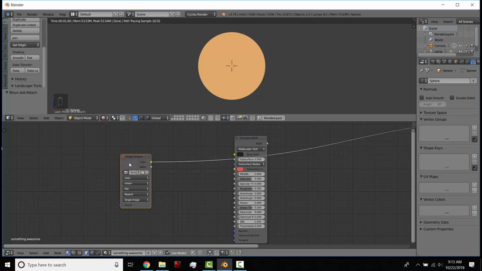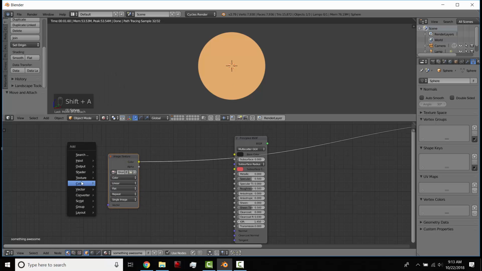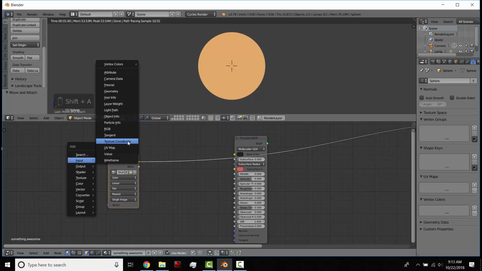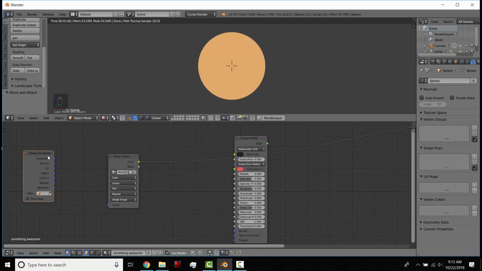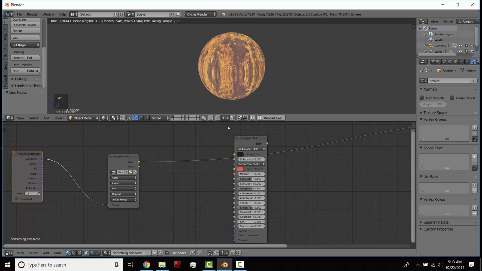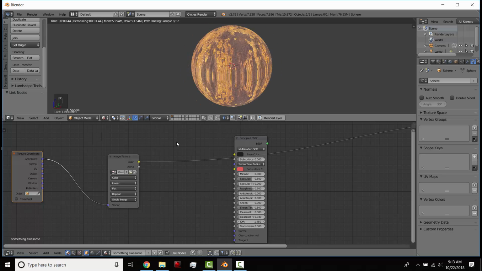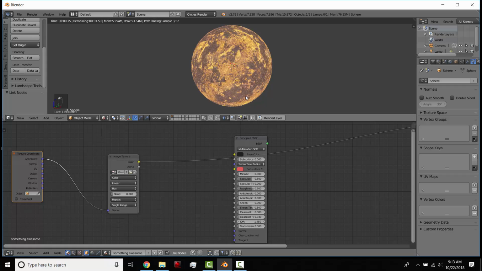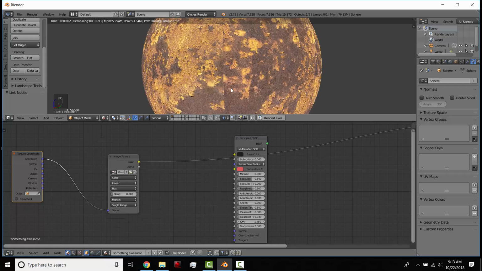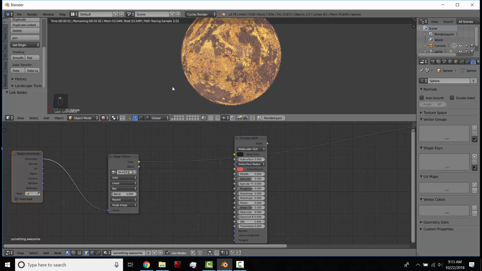Why is that? Does anybody know? Well, remember, we didn't unwrap that ball at all, so by default it's looking for something to unwrap. But if you don't want to unwrap it, you can input this texture coordinate node, and if you just plug the generated into there, you're starting to get something, but it's a flat plane being stretched over a sphere. So let's change this to a box,